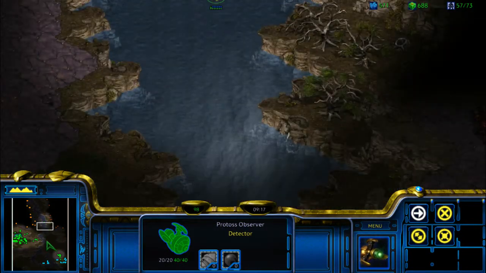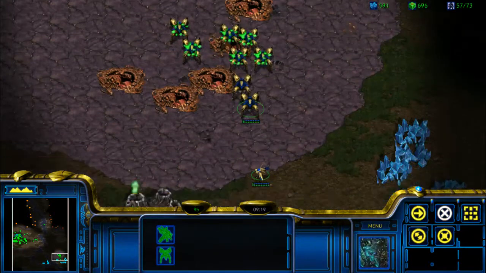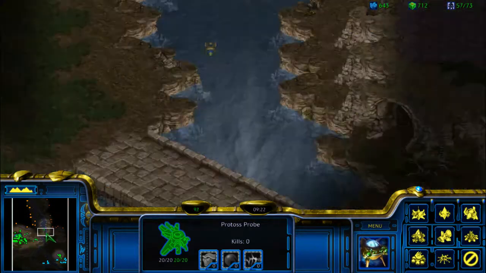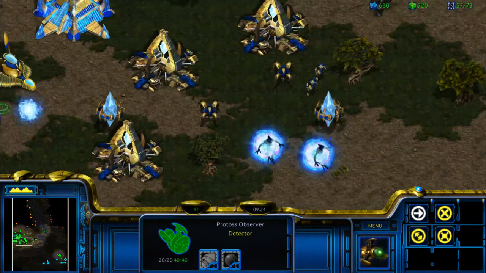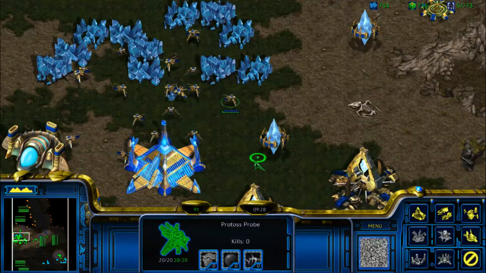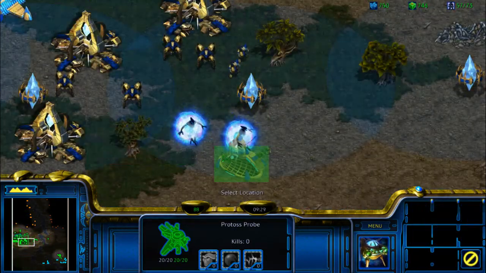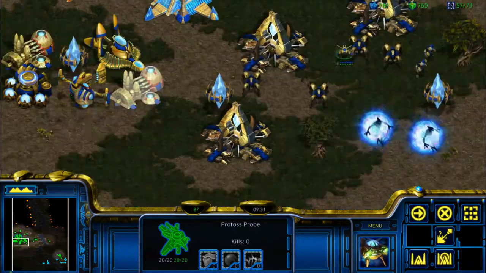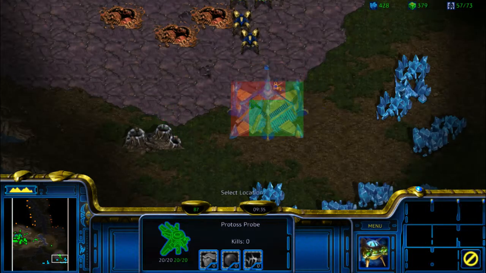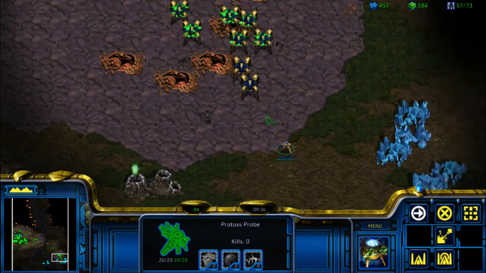Hopefully the AI doesn't use plague. I think they do, but I don't entirely remember. All I know is that I need this observer alive, which is why I should probably get a global facility somewhere down here, I guess. And meanwhile, I get some upgrade here. Maybe I'll just